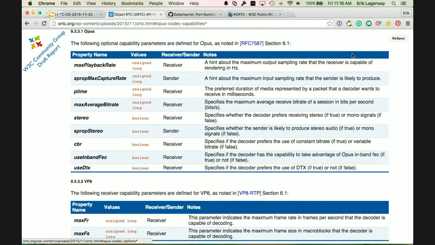Like, the browser should have the same value for this for all applications, but these are clearly not the things that make sense for all applications. Like, what should max average bitrate be? What should the browser say about that? Now for something like in-band FEC, if that really is optional for a browser to implement, then I guess that's a real capability. I don't know.